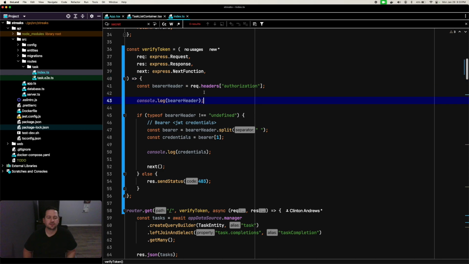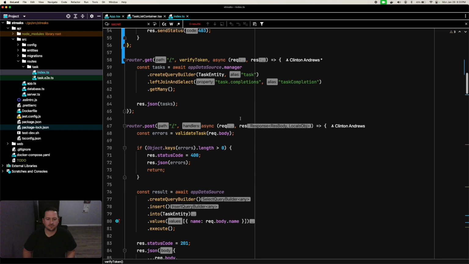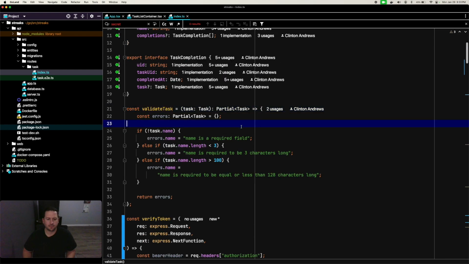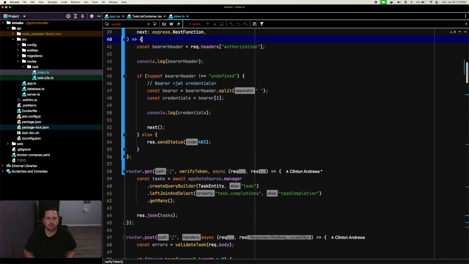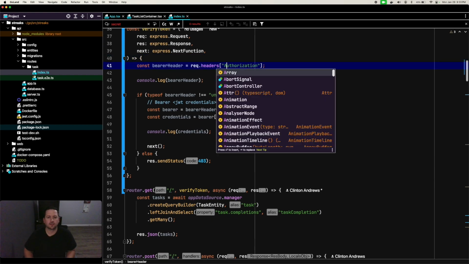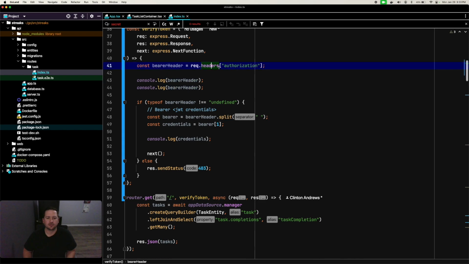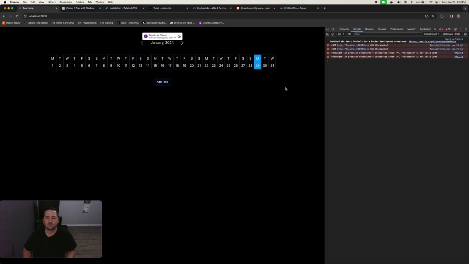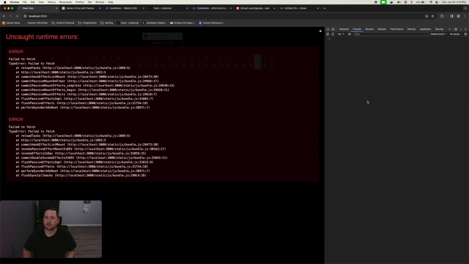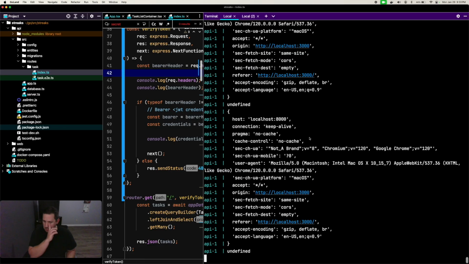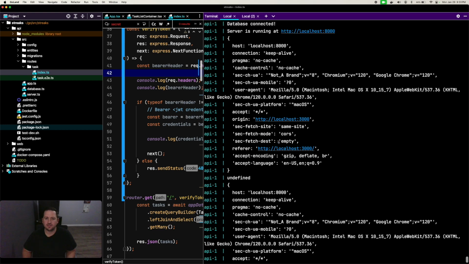Perhaps we are not. So we have requests and we have these headers. Maybe this is just wrong and we should not be getting this like this. Let's actually just inspect the entire request headers object. Maybe that can be a little bit more understandable. Okay, so we see here,